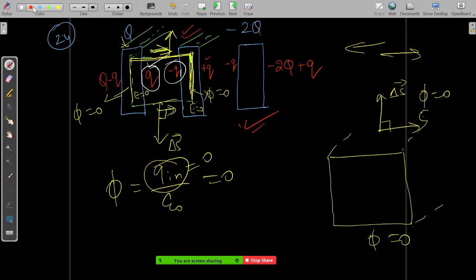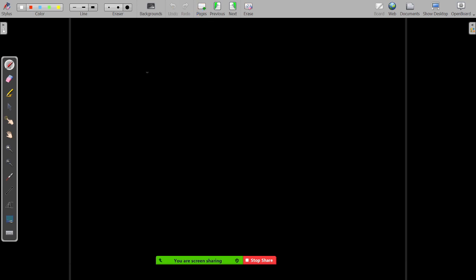The same thing we can apply to the other side; the other side also has the same thing. So that's the main convention you can understand. I just told you how to understand it.